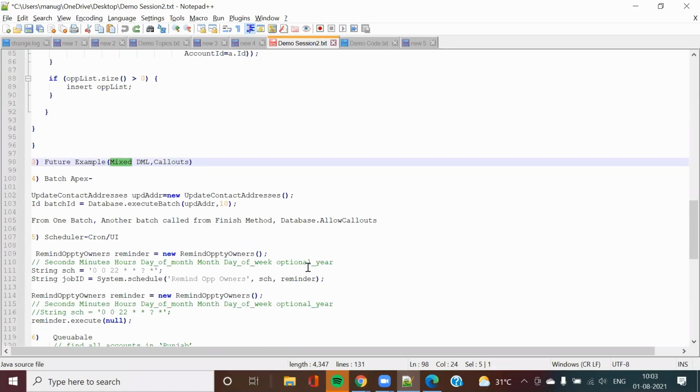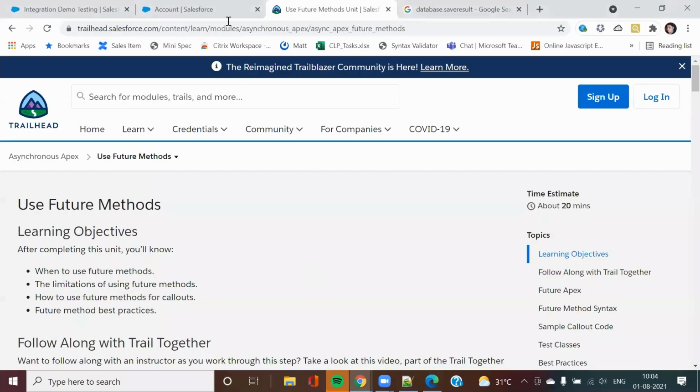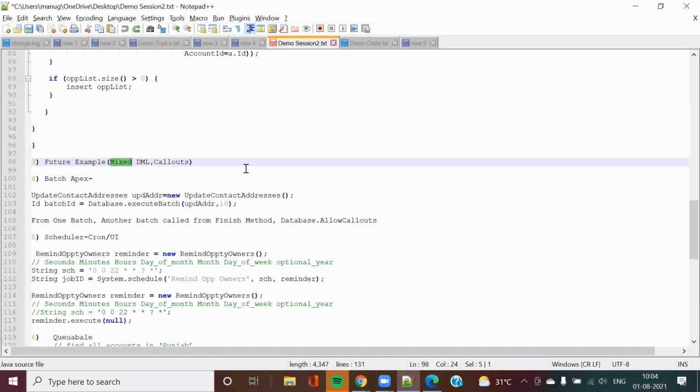Now batch is basically used in case I need to perform some bulk operations. What I mean by bulk operation is, in normal Salesforce you can update a maximum of 150,000 records. So assume I need to update more than 150,000 records. There I can make use of batch. In batch I believe you can update a maximum of 50 million records; this limit you can check from governor limits. So in case I need to update more than 50,000 records, I will go for this batch Apex.